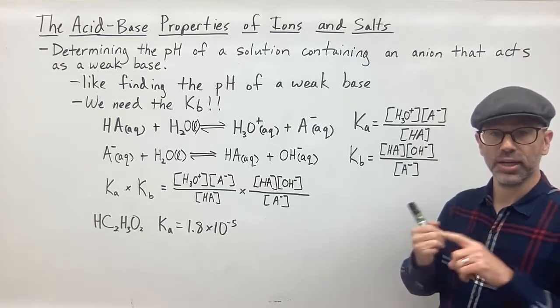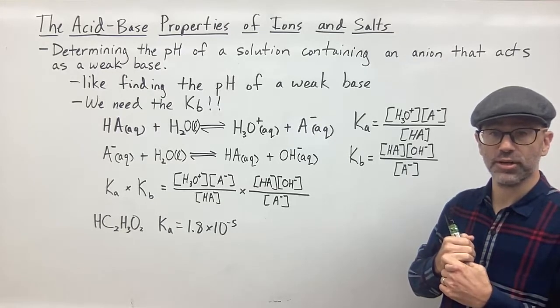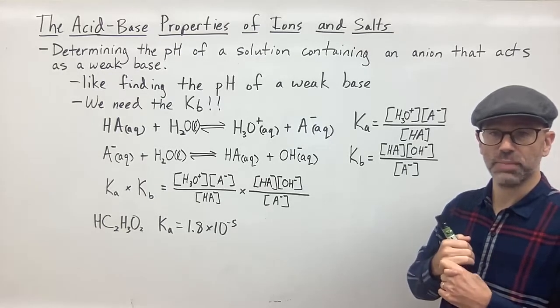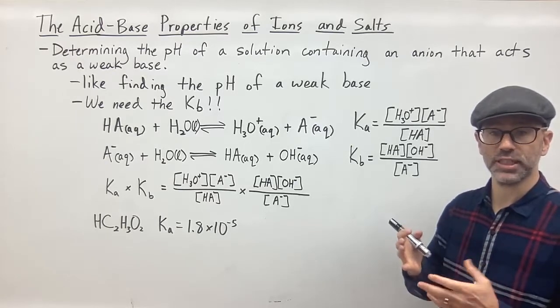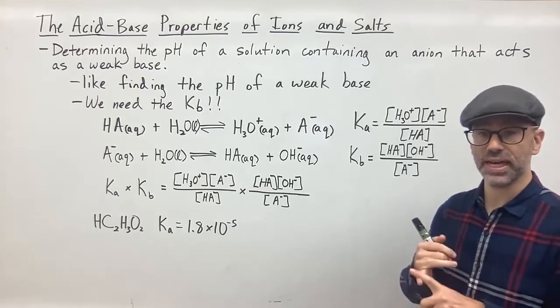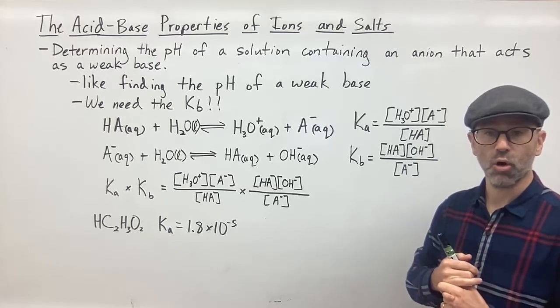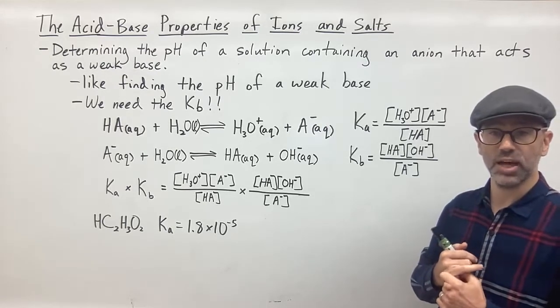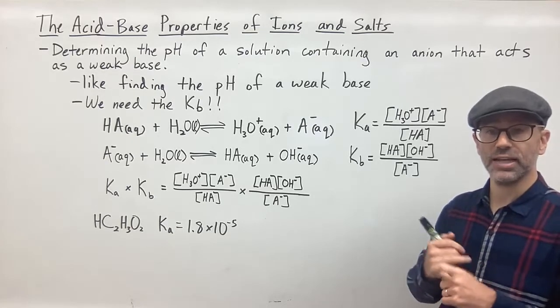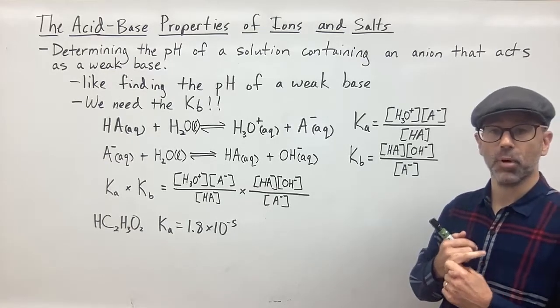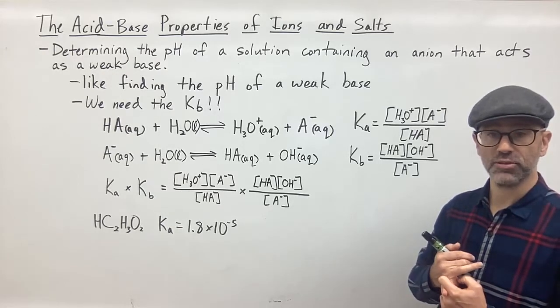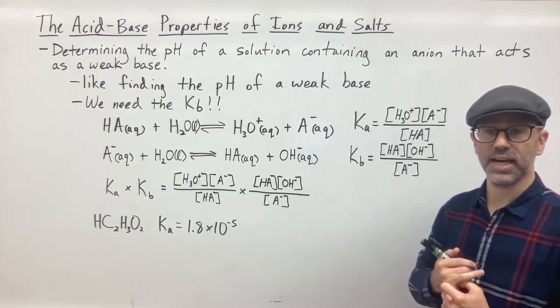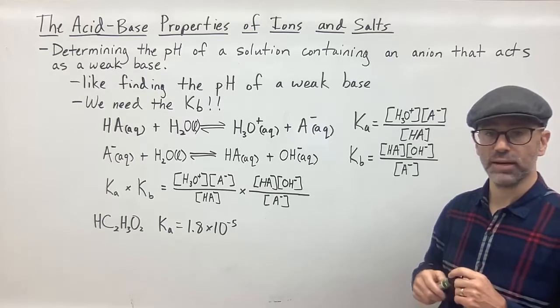Either take the negative log of the OH minus, get the pOH, and then subtract that from 14, because the pOH plus the pH is equal to 14. Or you can use Kw, which is equal to the concentration of OH minus multiplied by the concentration of H plus, solve for H plus that way, and then take the negative log of the H plus. Okay, so